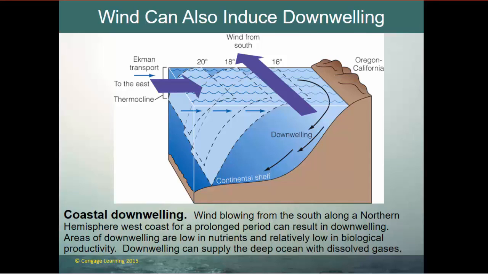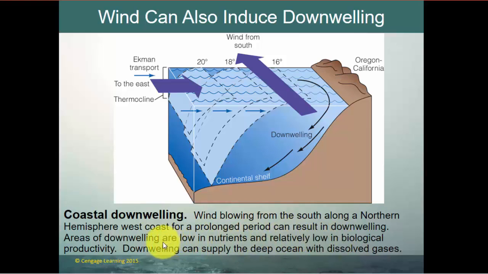So if the wind is blowing south along the northern hemisphere west coast for a prolonged period of time, a south wind, you're going to get the water moving northward and therefore turning to the right, and that's going to pull water off the Atlantic or onshore. When it hits the coast, it goes down. So areas of downwelling, that's going to be warmer water, will be low in nutrients